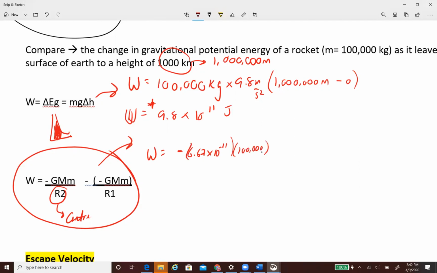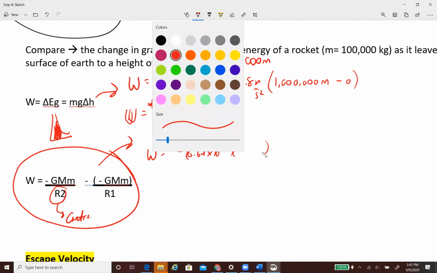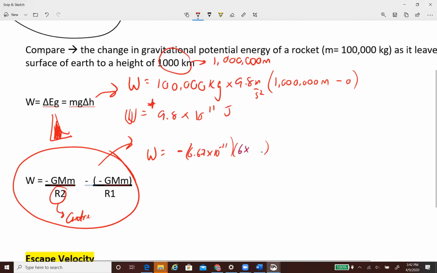times, I guess I should go in order of what I wrote here. Let me go in order of what I wrote, okay? So big M is going to be the mass of the planet, which I'm going to just round off to 6 times 10 to the 24, okay, times the mass of the rocket, which is 100,000. So I'm just going to change it to scientific notation, 1 times 10 to the 5. Okay, over